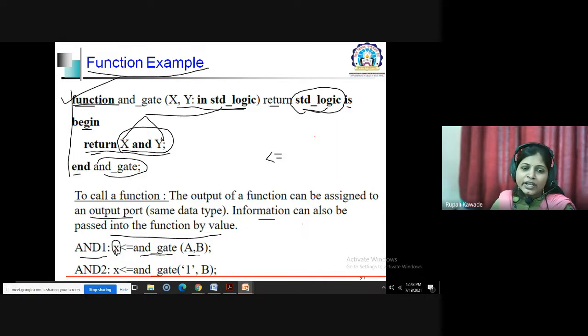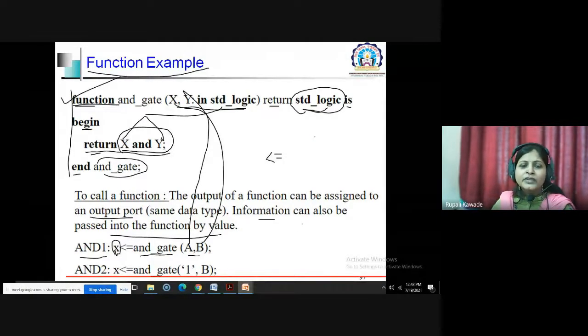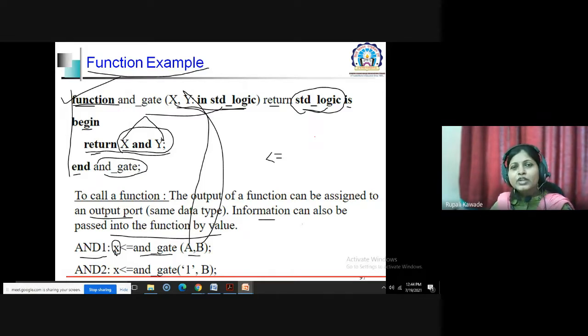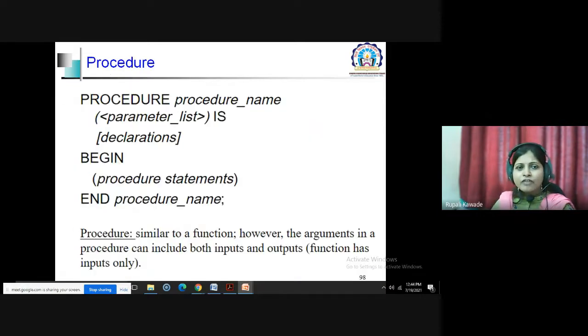Here a will be mapped to your x value and b will be mapped to your y value. So this is the way you can write a function call statement in VHDL. You can find it similar to a function call statement in C: the name of the function, and in brackets you mention the values that you have to pass to the function.